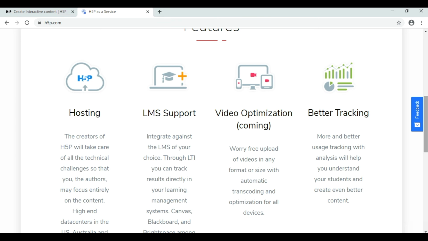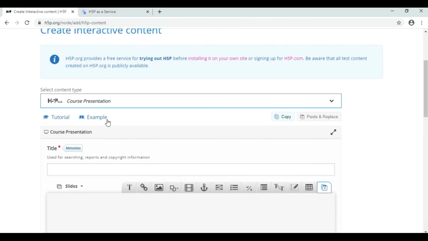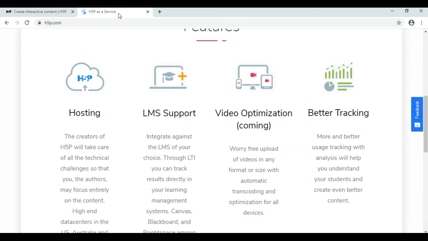The marks will get recorded automatically, but in h5p.org, which is a free service, the interactive worksheets made here can be used only for practice. And the interactive worksheets which are made using h5p.com, which is a paid website, you can connect worksheets with a learning management system like Moodle, Canvas, Drupal, etc. and students' marks will be documented automatically.